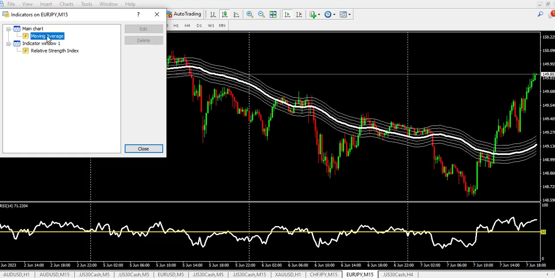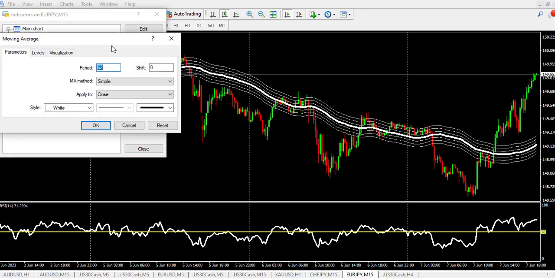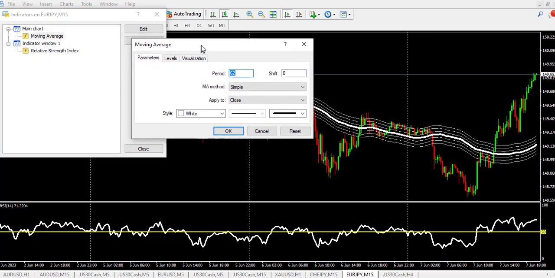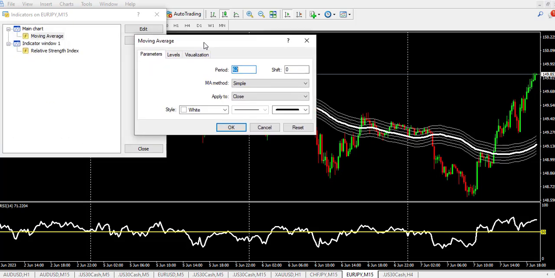So the first indicator I have on my chart here on the main window is moving average. By default it is on your platform, and this is the value I use. The period is 62, shift is 0, MA method simple, apply to close, and I use white color, and this is the tick value for this particular